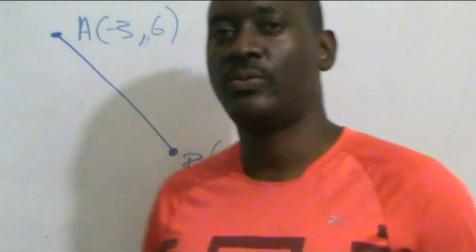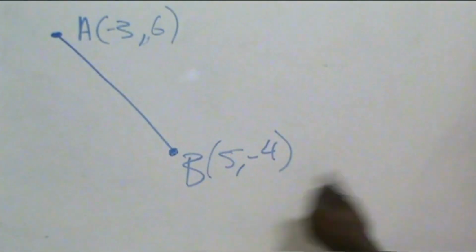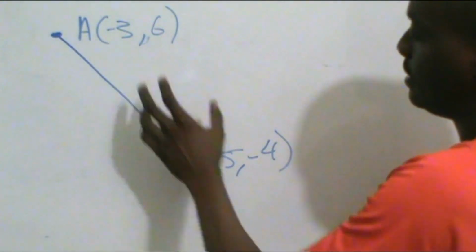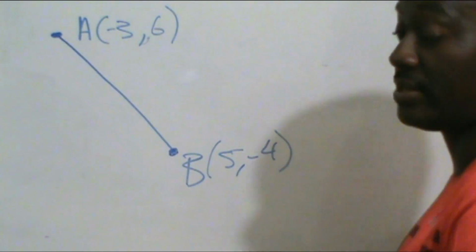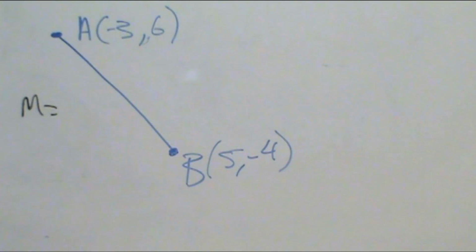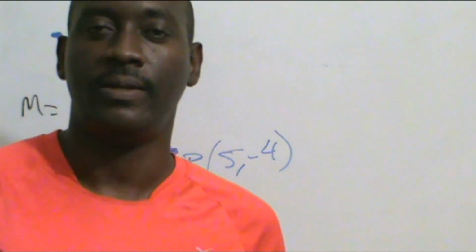Alright, so suppose we have 2 points on a line segment, the point A (-3, 6) and B (5, -4). We know from previous work that the gradient of this line, that we call the gradient m, is equal to (y2 - y1) over (x2 - x1). And recall that it doesn't matter which point we use as x1, y1 and which point we use as x2, y2. Alright, so I'm going to leave it to you to go through the mechanics of it on your own